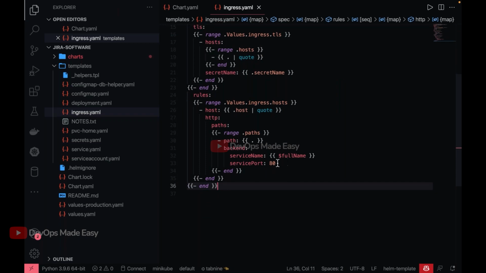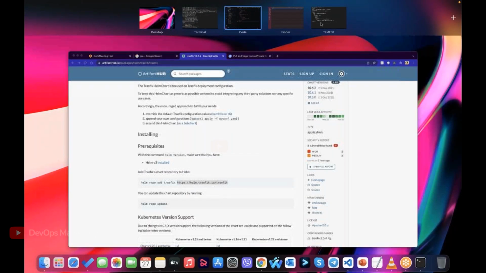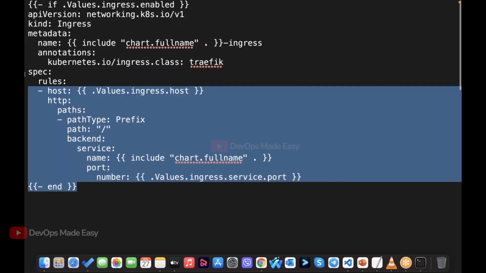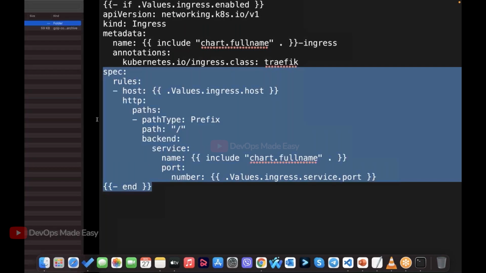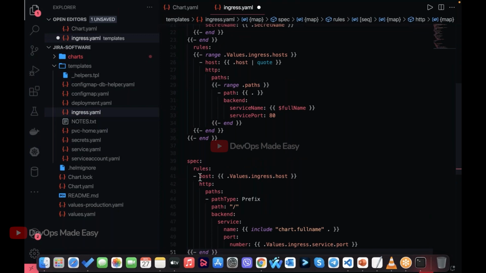so this particular syntax is not the newer version. If you go to the official documentation, you can see the latest version of the ingress rules that we need to follow. I already have the file opened. It should be like this: HTTP paths. I want to copy this for reference, then go to the chart and paste it here so that I can delete it later. So it is host, HTTP, paths, and also for the backend,